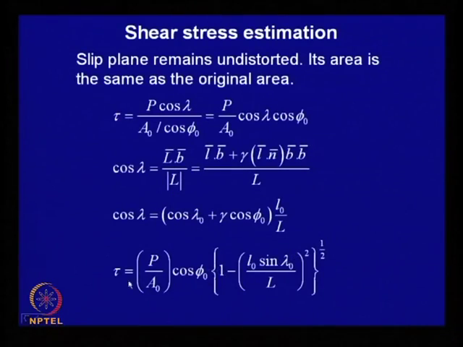So, once you go through this, you can get an estimate of shear stress, and this shear stress is also a function of, apart from the initial orientation, the length of the specimen at any instant. As L increases, this term increases, so that means tau goes on increasing. This means that as the strain accumulates in the specimen, there is a possibility of some amount of softening taking place if there is no hardening. If the material does not harden, this softening will be quite significant,